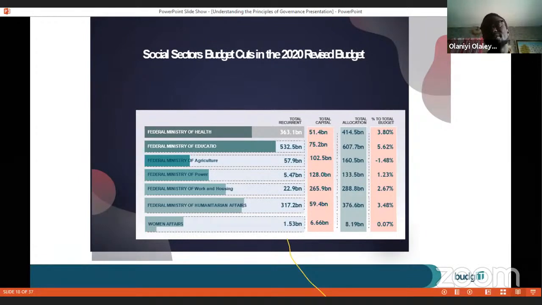And we have the issue of COVID. There are so many epidemics: Ebola, monkeypox, different diseases. And just 3% of this money was allocated to the health sector. Why do you think this is the problem? Why do you think we are having this problem? The reason why we are having this problem is because the political elite of Nigeria, the government of the federal